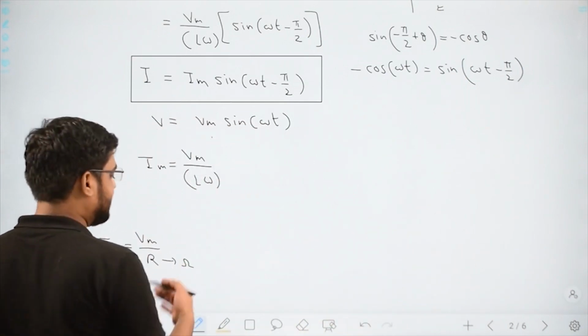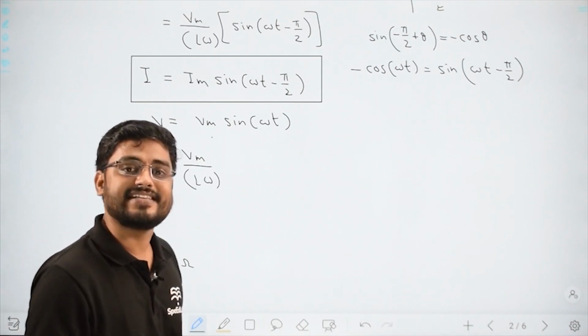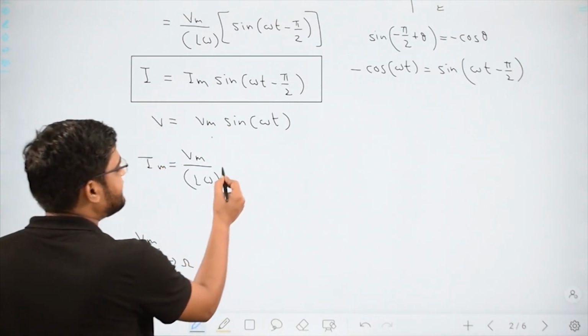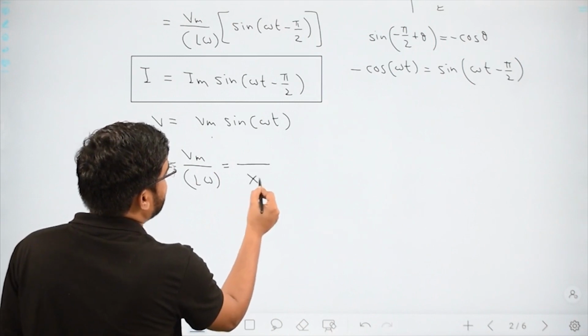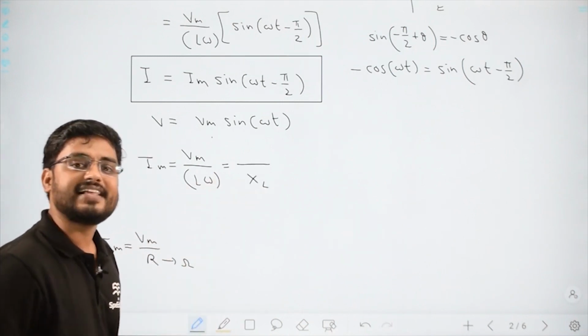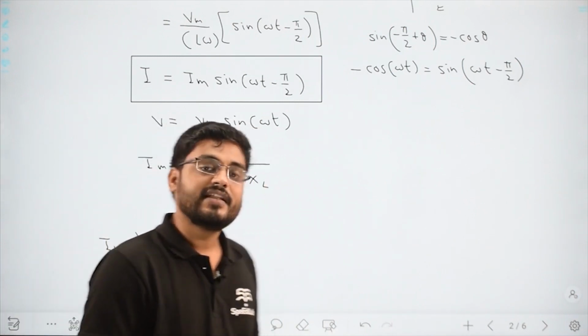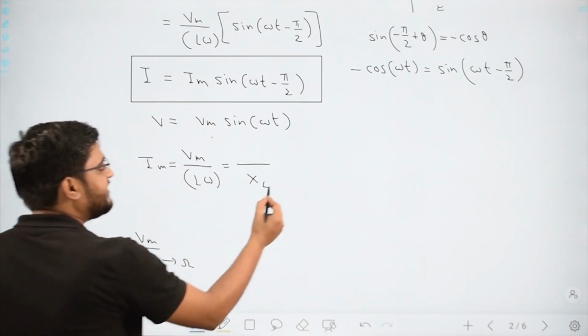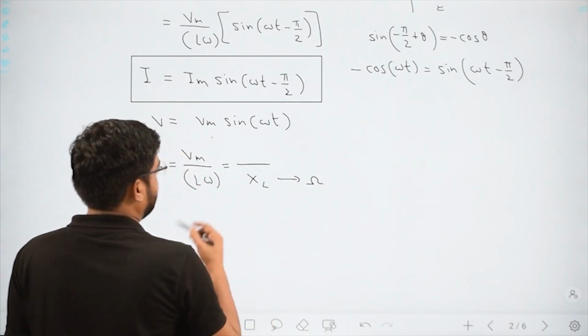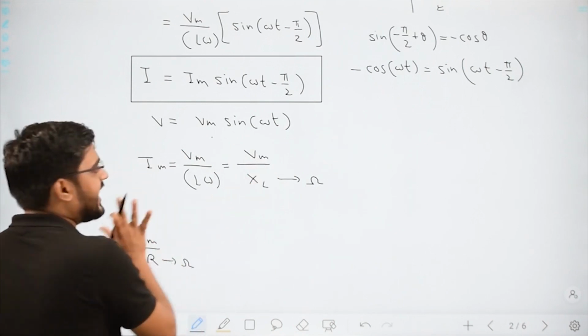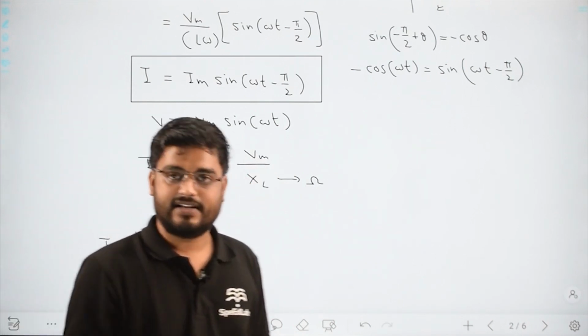See, a resistor offers resistance. Similarly, an inductor offers inductive reactance. Okay, we call it XL, that is inductive reactance. This is offered by inductors, and the SI unit of that is also ohm. So Im is nothing but Vm by XL. Okay, now